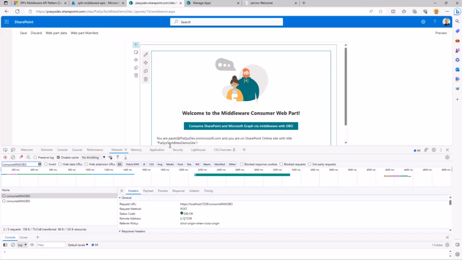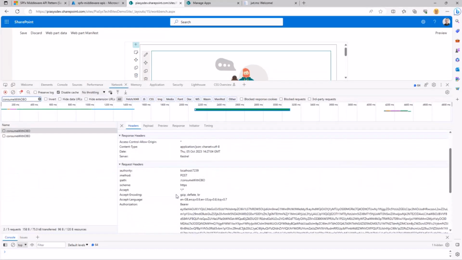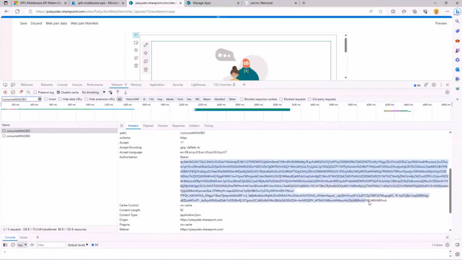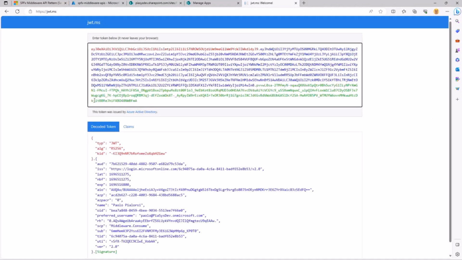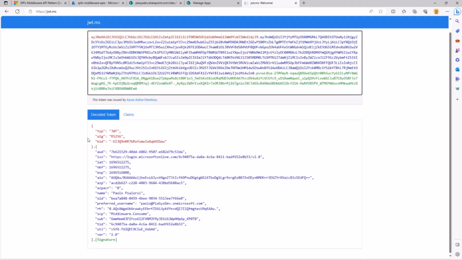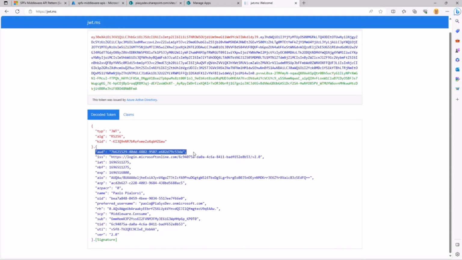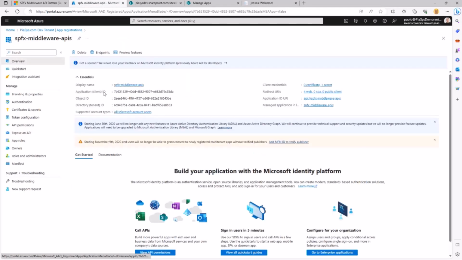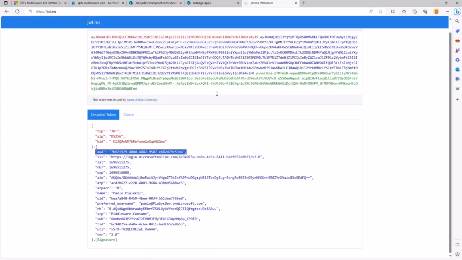Now, what is really interesting is that right now, and I'm showing you just for the sake of explaining what's going on, but you shouldn't rely on that on a daily basis, here you have an authorization header, which will include a bearer token. If I dig into this token, again, just to explain what's going on, this token targets the ID of my API. This GUID is precisely the unique ID of my application running here. And it declares that I have the middleware.consume permission for my user. And here you can see my preferred username.